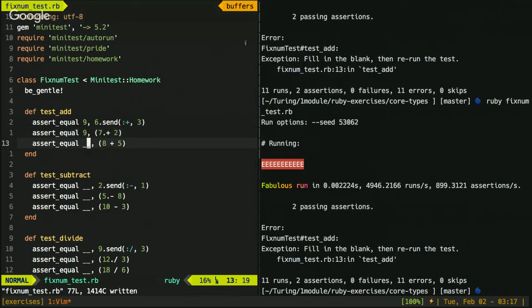So now that we've seen this pattern, we have this final assertion for the add case, and we have 8 plus 5 on the right-hand side. What should we change this blank spot to?